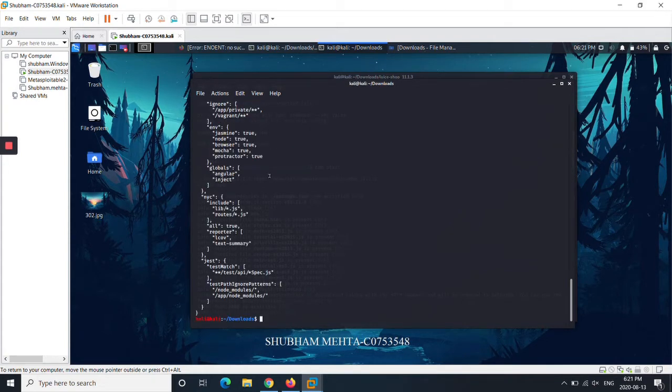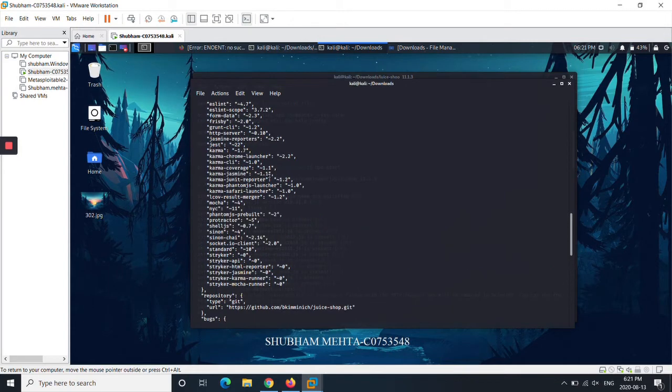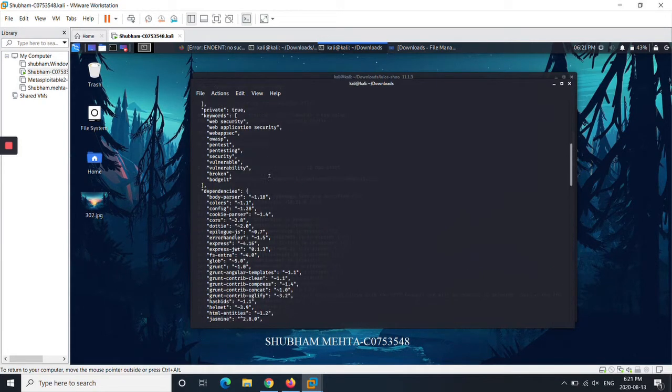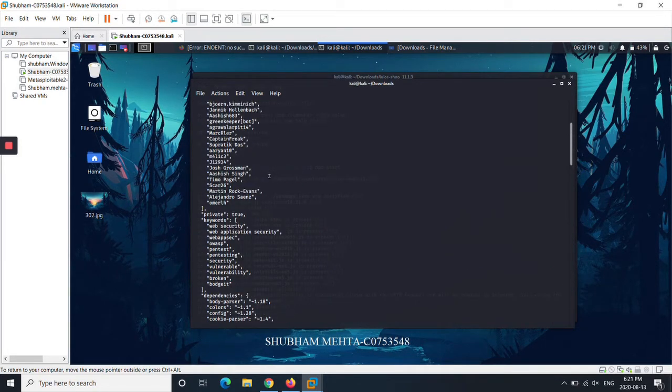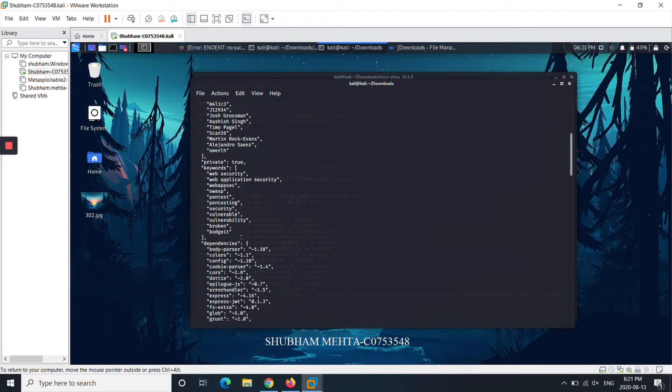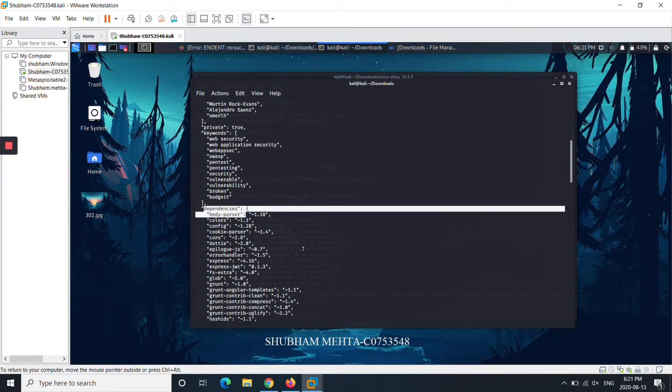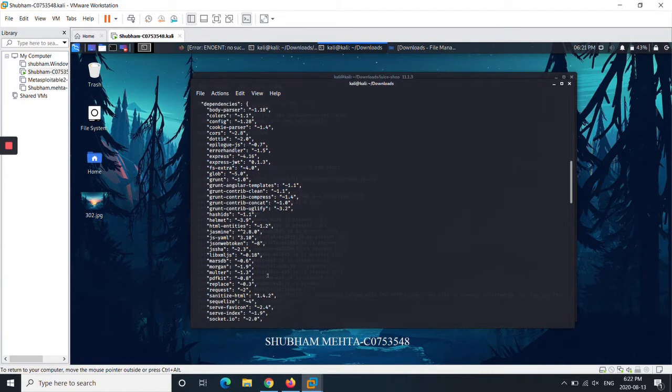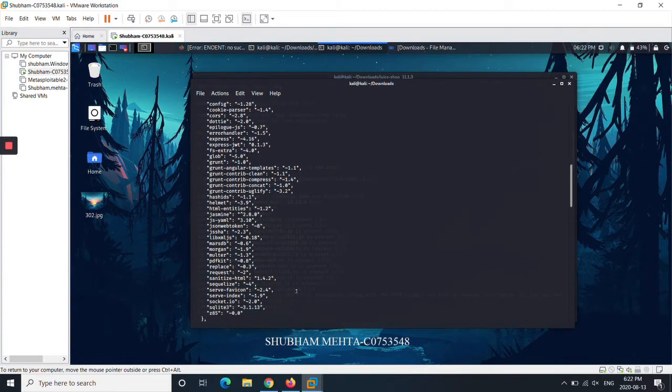So when I press enter, I can see the contents of the file. There are so many things given. I think this can all be used in the different challenges, but I need to find the dependencies. So definitely I'll be accessing the dependencies here, along with the different kinds of files with the different versions.